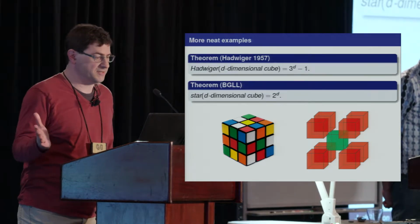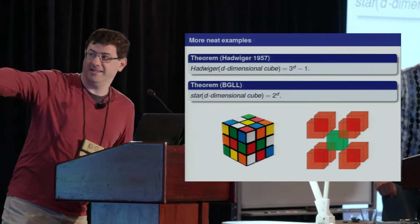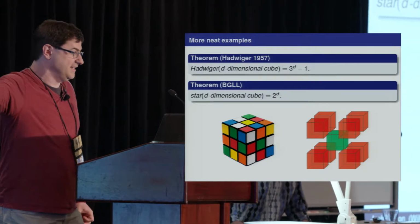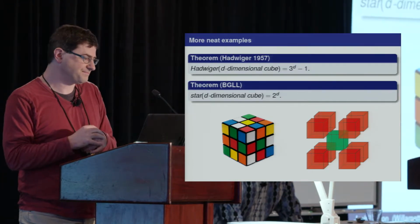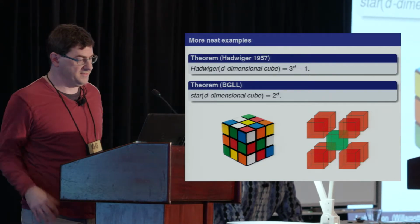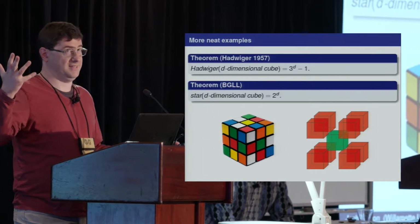For a d-dimensional cube, the Hadwiger number in general is 3^d minus 1. So you can see this Rubik's Cube in 3 dimensions. You can fit up to 26 little cubes, all intersecting the central one. But the star number is just 2^d, so you can only fit 8. So this is an example for which the Hadwiger number is much larger, or as large as you want, bigger